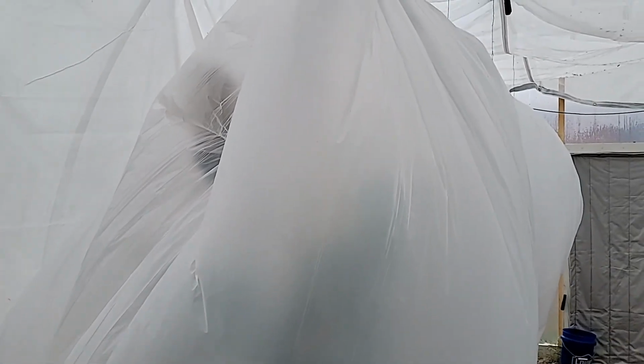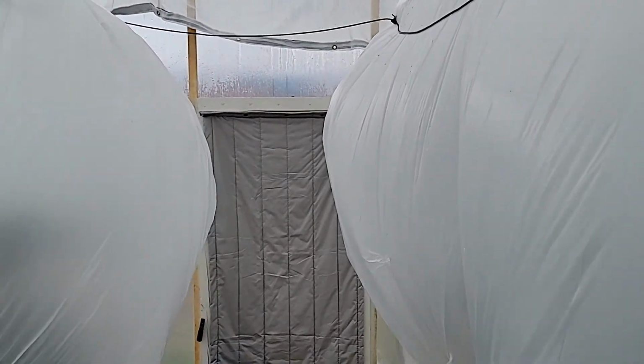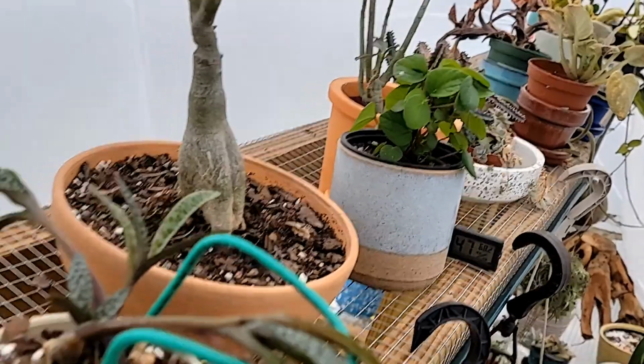Close that back up. I might clip that a little bit, but honestly I put all this up in about 20-30 minutes. And what's filling them is the electric heat that I have underneath all the greenhouse tables. So I got about 37 degrees outside. Let's see, got a thermometer right there. 68.2, 47% humidity. And my thermostat, if you can see through the plastic, is set about 64 degrees. Before I did this, I was lucky to keep about 20 degrees of heat in this structure as a whole,